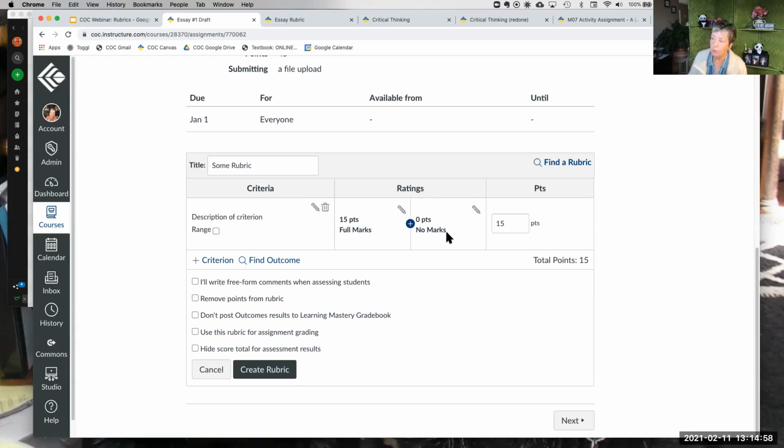You can also edit an existing rubric. So if you had an assignment that had a rubric already on it, but you wanted to edit it this time, you realized, ooh, I want to make a change in the way I worded something, or I want to change the point value, you can just go in and click the edit rubric button and do it that way. You can also, if you don't want to create a rubric from scratch, and you know you have a rubric either in this course or in another one of your courses that is the same rubric you want to use or similar, and you just want to kind of edit it a bit, Canvas has this nifty little find a rubric tool.